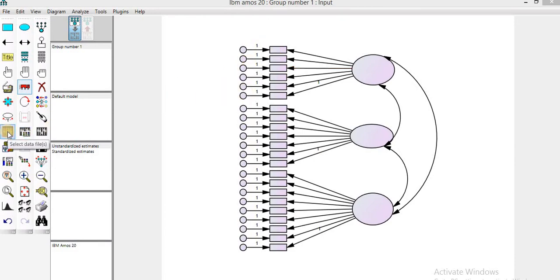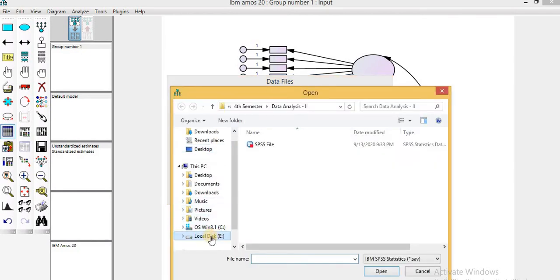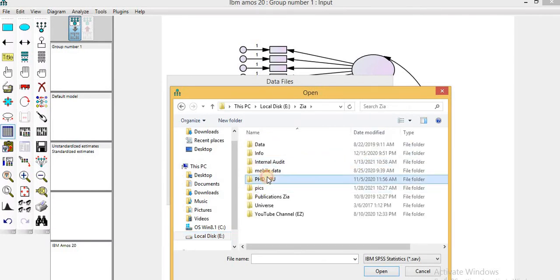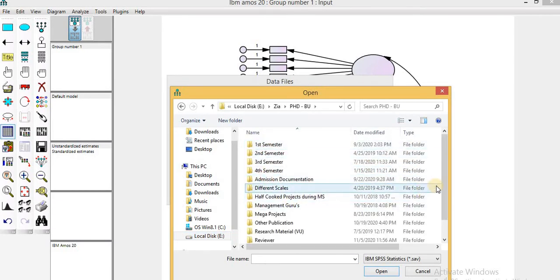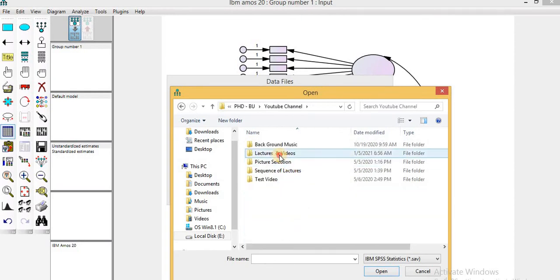So you need to click on this button, select data file, and then you need to click on file name, and then you need to locate the file in your system. And in my system the file is located here.